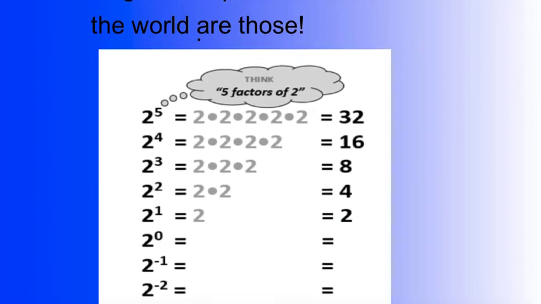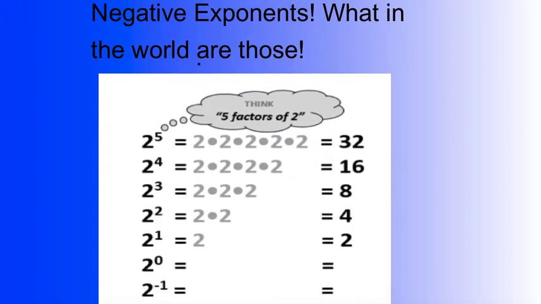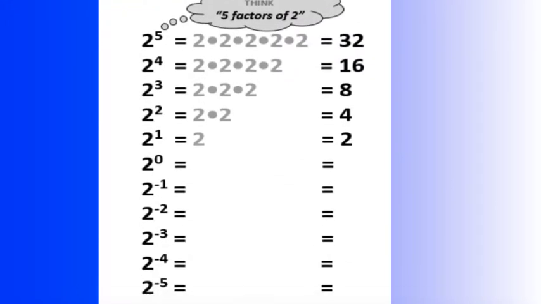Everyone, I wanted to formalize some of the things about negative exponents that we talked about today during your stand and talk. Today we talked about the fact that we've been dealing with exponents, and when we're dealing with exponents, I like to think of it as factors of a specific number. For example, 2 to the 5 would be 5 factors of the number 2. And factors are numbers that are multiplied. So we knew that 2 to the 5 could be written as 2 times 2 times 2 times 2 times